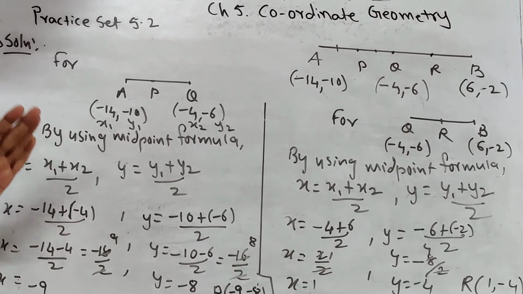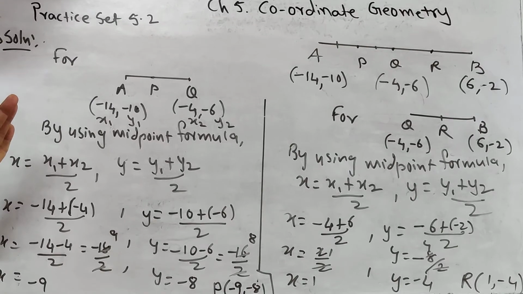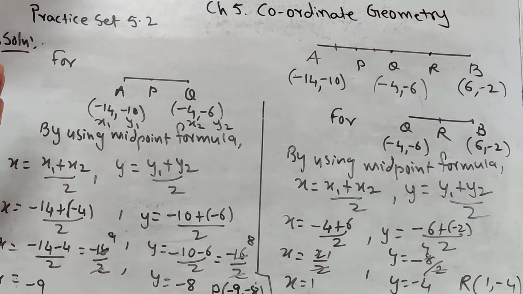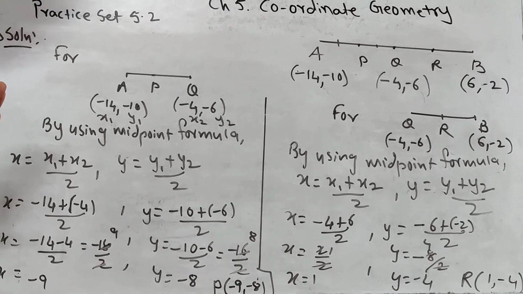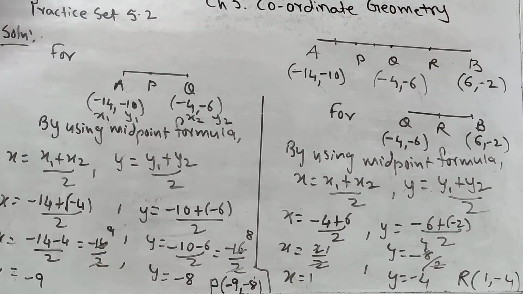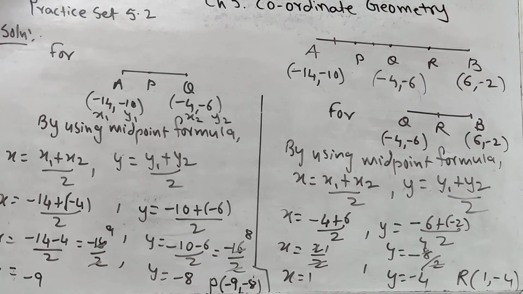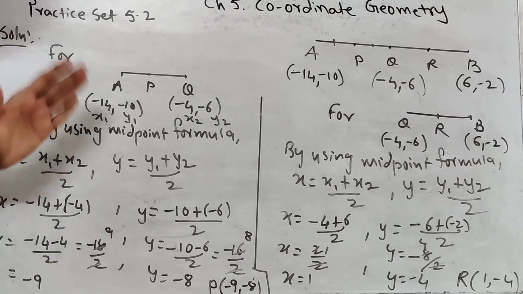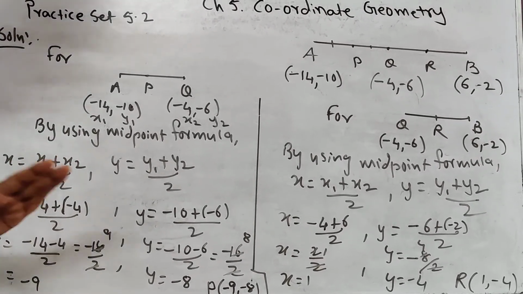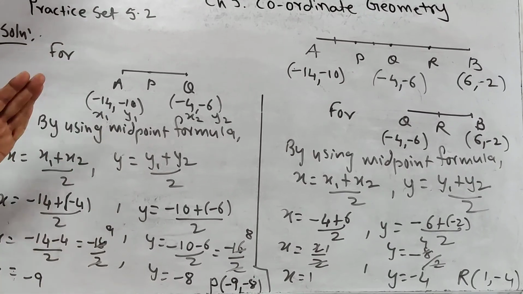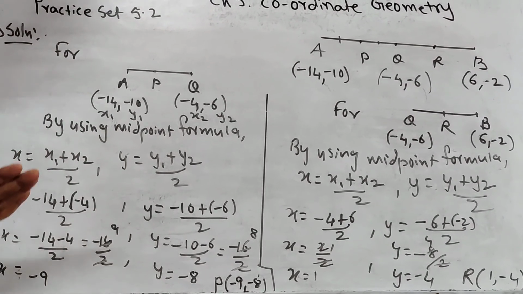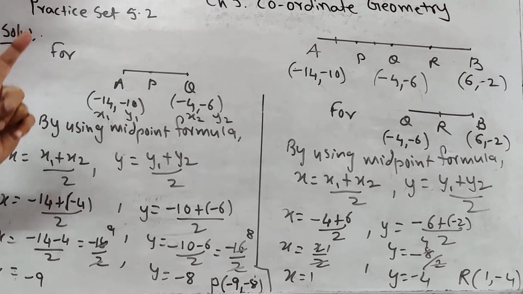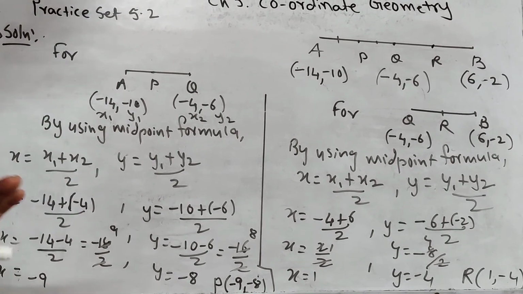Sum number 12 is homework for you. One sum you have to do by yourself, as we have done all the 11 sums. Please copy it down. Exercise 5.3, practice set 5.3 is omitted by the government. Please note it down: 5.3 is omitted. So in this chapter you have only two exercises, 5.1 and 5.2. So here we have completed the chapter.